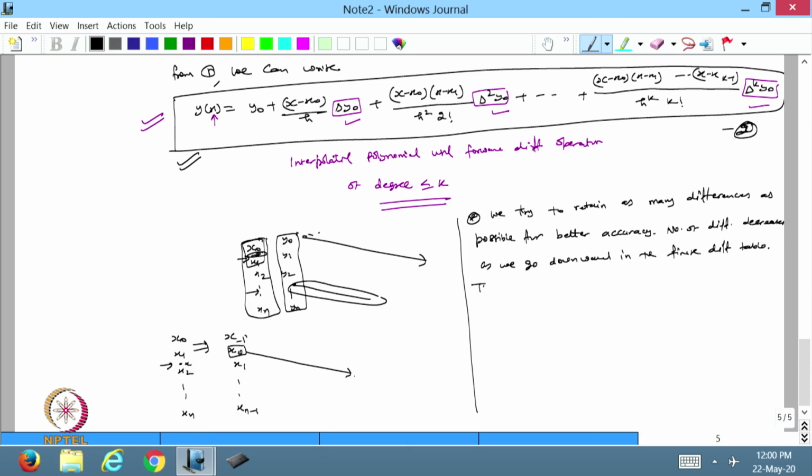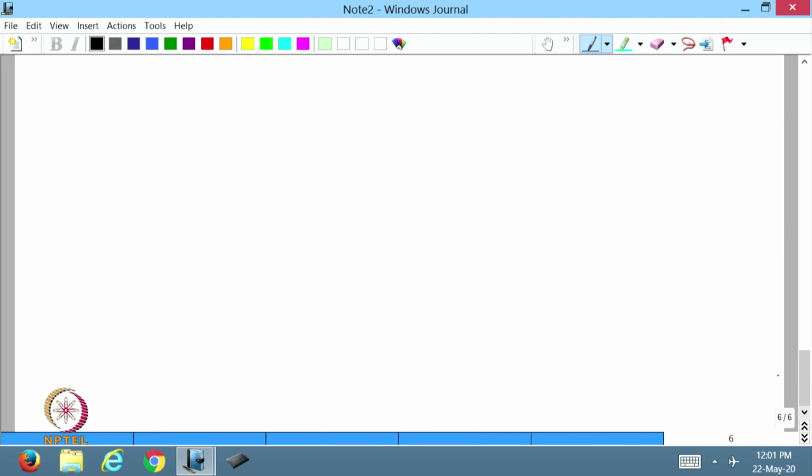Therefore, this formula is suitable only for the values to be computed near the upper end of the table. So, that is one point, and the second one is,